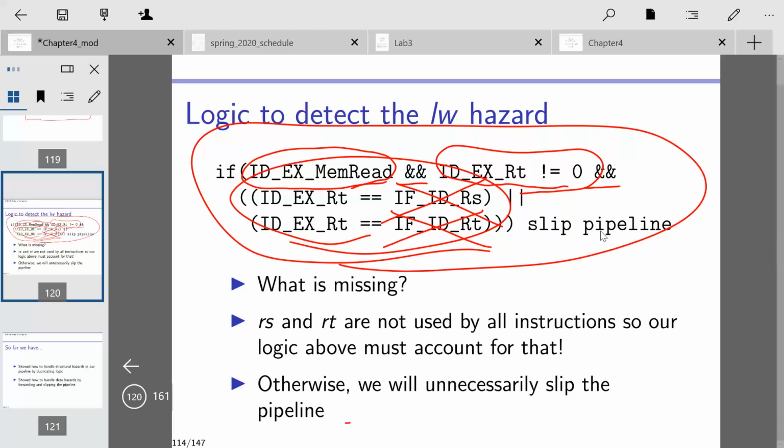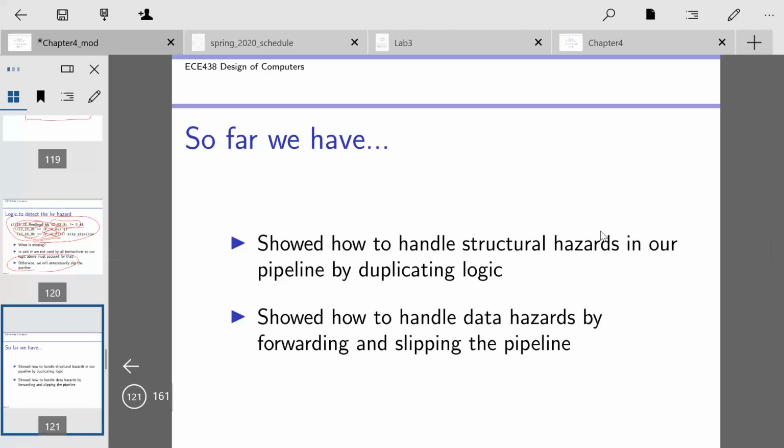And again, that's to prevent unnecessary slips of the pipeline. Okay, so we showed how to handle our data structural hazards. Oh yeah, going way back, we've shown how to handle structural hazards, which, if you remember, one of the major